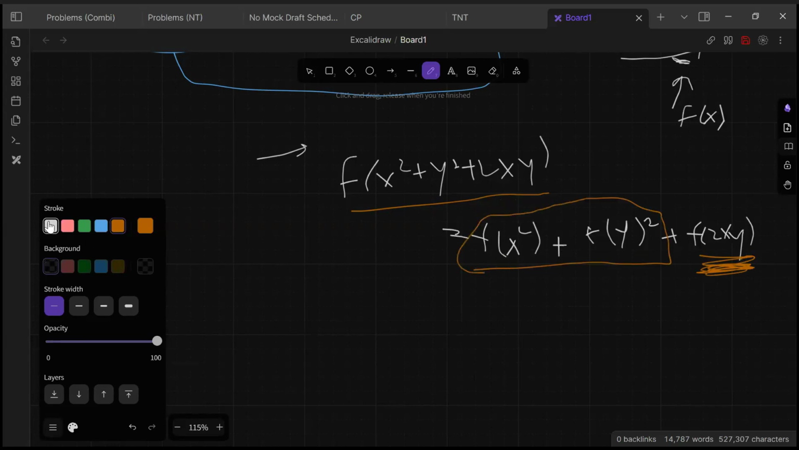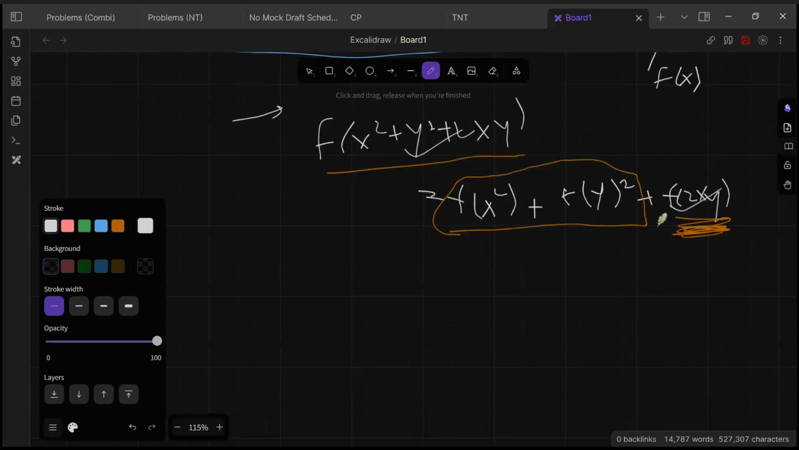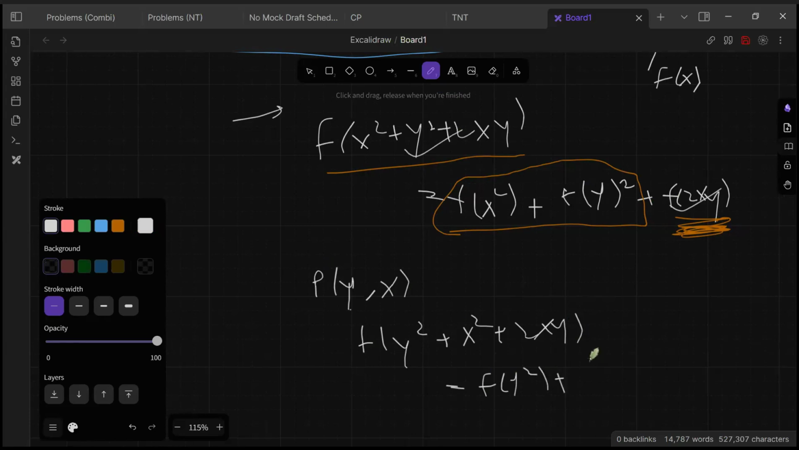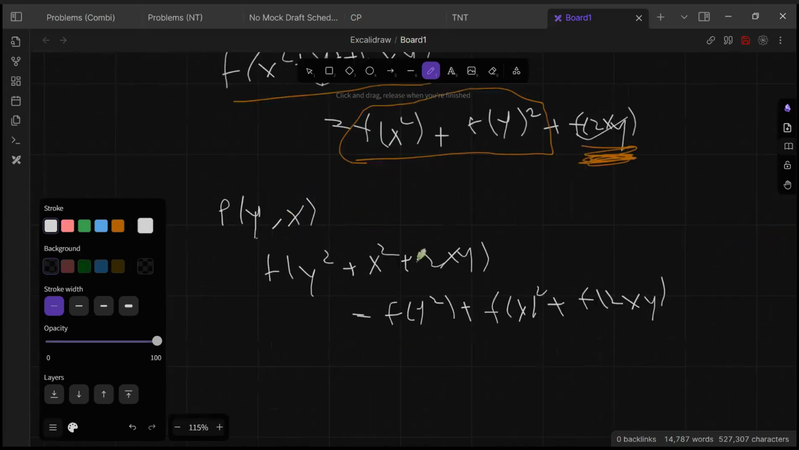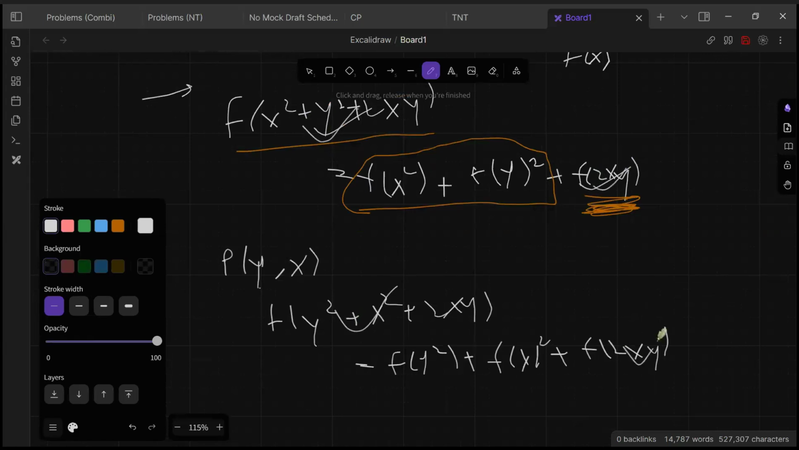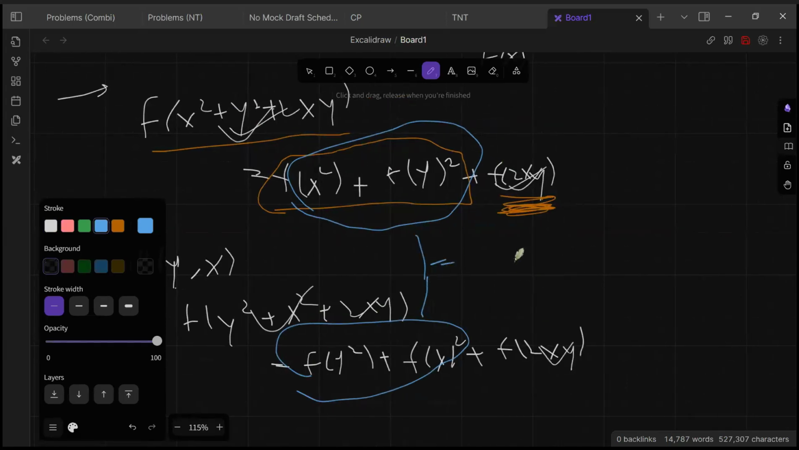So what I can do is exploit the symmetry of these two things, and substitute y comma x, and what I will get is f of y squared plus x squared plus 2xy equals f of y squared plus f of x, with the square outside, plus f of 2xy. This is inside, this is outside. This is the same as this, so this has to be true. This is going to be equal to this. So you get f of